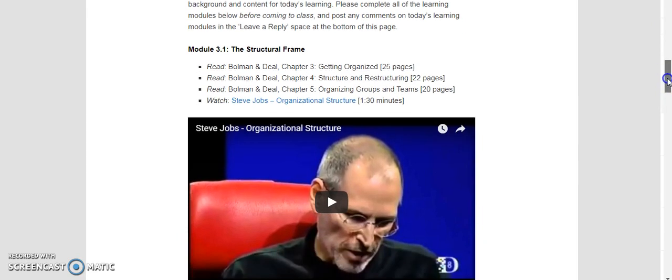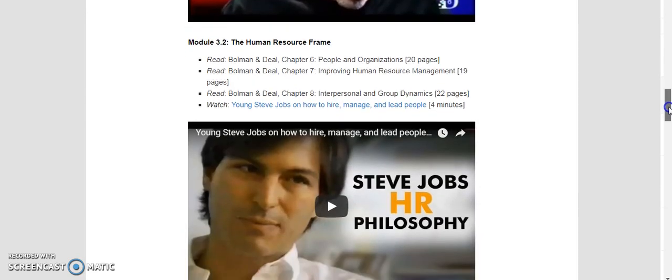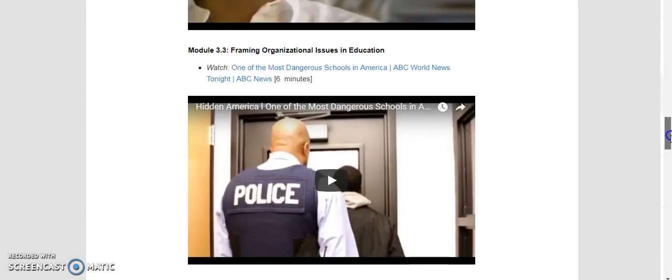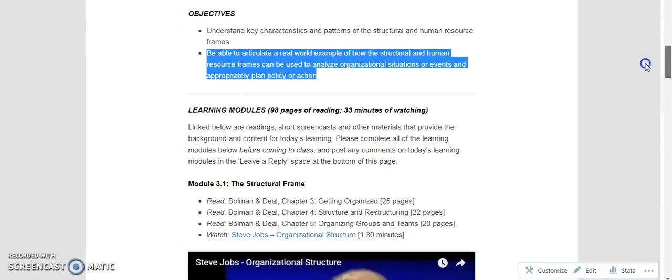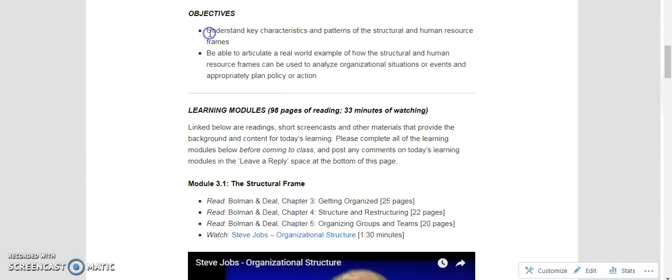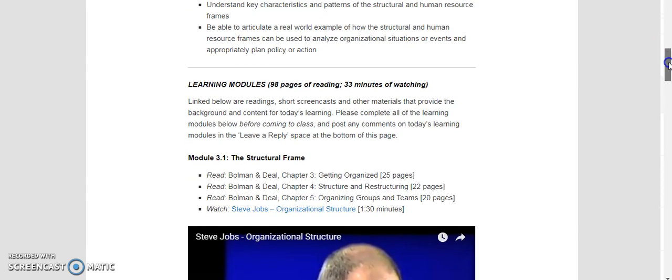So here's what we're going to do. We're going to have a module on the structural frame, a module on the human resource frame, and a module on framing organizational issues in education. So exactly what we talked about in our objectives. We're going to understand the characteristics and patterns of these two frames, and then you're going to use your understanding to make some meaning out of a real-world situation and some examples that we're going to take from a Philadelphia